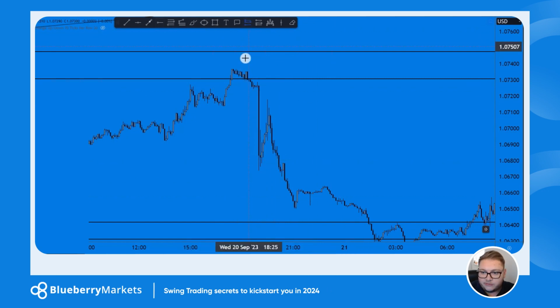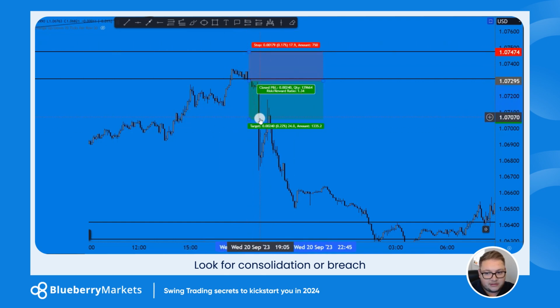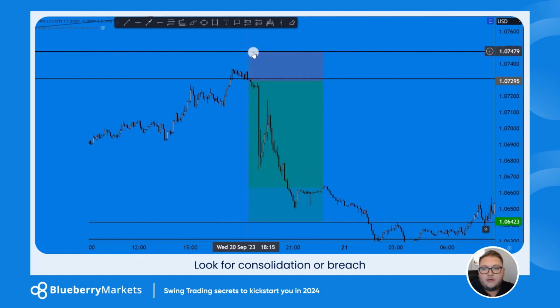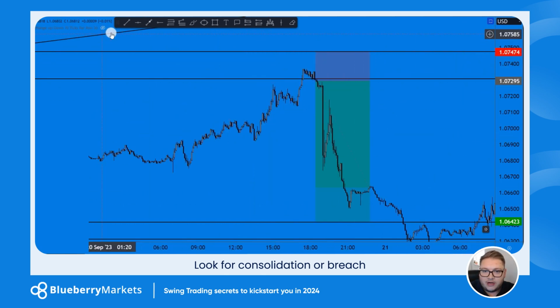So what I would like to look for is consolidation, a breach of that consolidation. Depending on how aggressive you want to be, you can use a tighter stop loss with that, but putting a stop at the high makes more sense, and then price filtered and traded to the downside. So another thing we can do